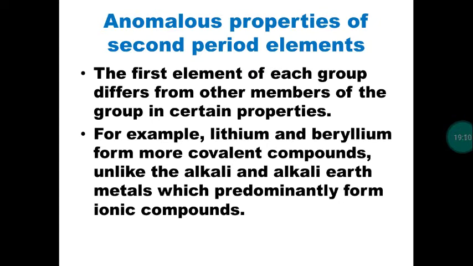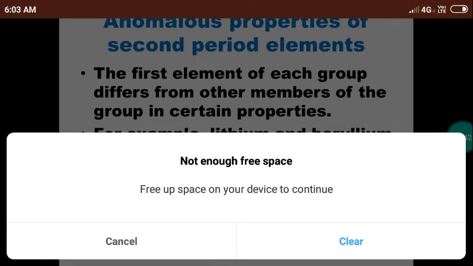So with this we have completed what is valency and the variation of valency in the modern periodic table. So valency is the combining capacity of an element relative to hydrogen, or you may calculate valency, which will be equal to the number of electrons in the outermost shell, or else equal to 8 minus the valence electrons in the outermost shell. So this is the method of calculating valency. In a group, valency will be the same for all the elements. In a period, valency will be changed.